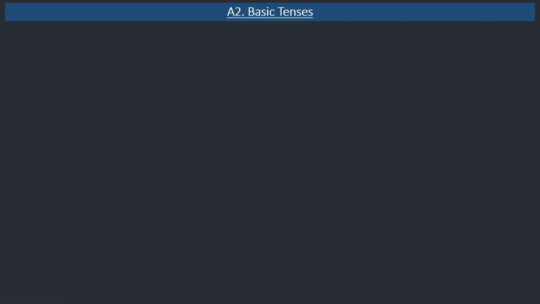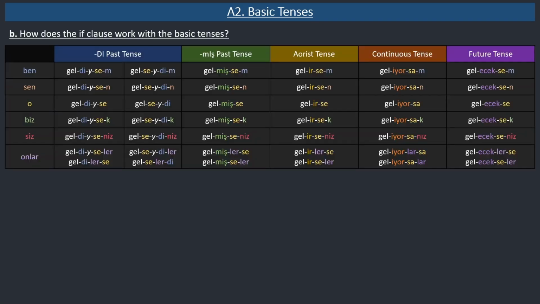so what are we going to do now? I made a complete list of conjugations with all the tenses and if clause. There are colors to indicate which suffix does what. Hangi suffixin ne işe yaradığını gösteren renkler var. This table looks a little bit scary, probably. Muhtemelen biraz korkunç görünüyor ama